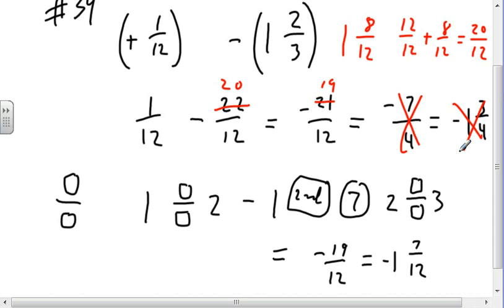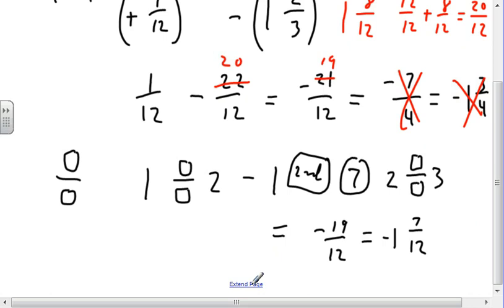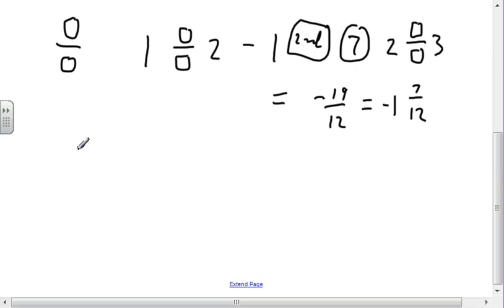We use our calculator. Okay, now, we don't necessarily have to use the fancy keys, right? So we go 1 divided by 12 minus 1 minus 2 divided by 3. I don't have to use fancy keys. And I end up with, so I went 1 divided by 12 minus 1 minus 2 divided by 3. And I ended up with minus